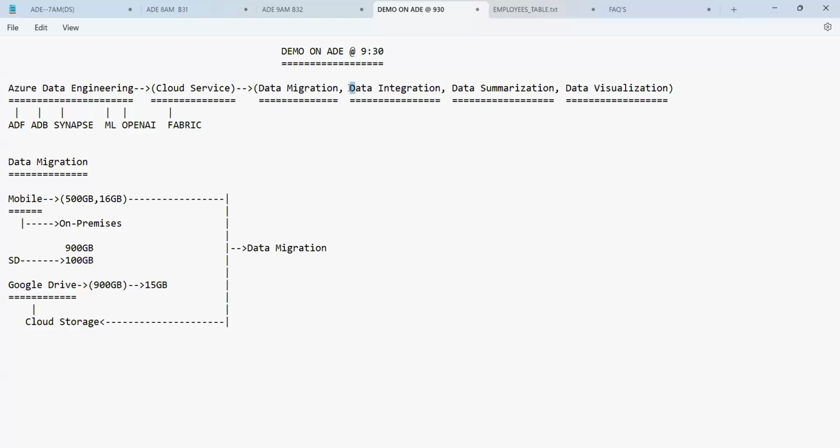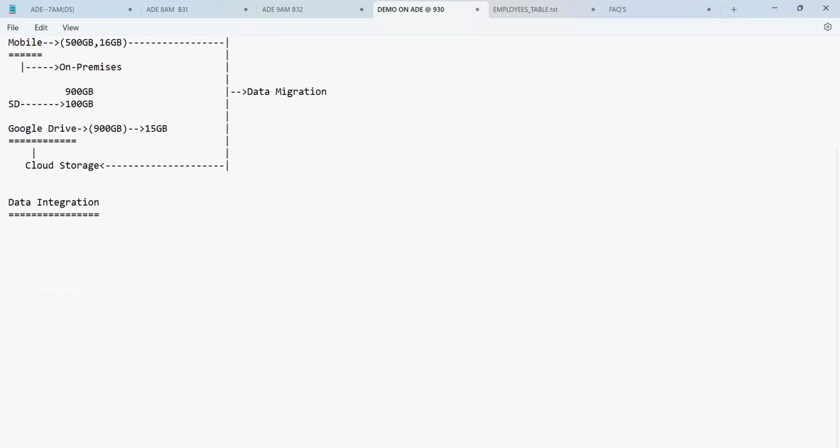So what is data integration? Let's try to understand this. Okay, everyone, when you want to understand what a data integration is, let's take another example here. Let us say you have been to the supermarket. Let us assume that you have been to the Reliance